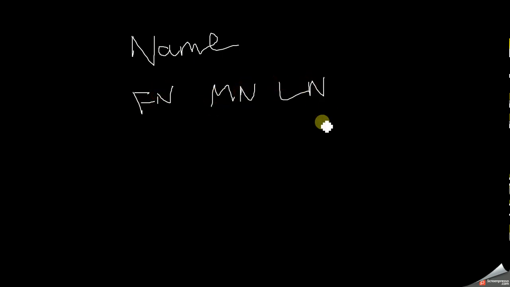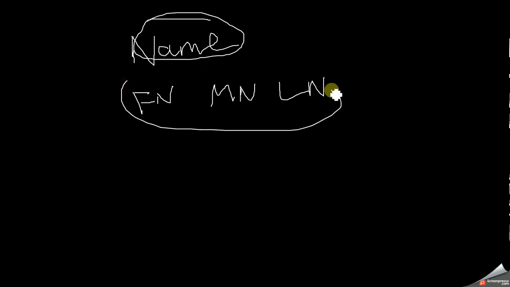For example, let's say in the old system, we had only one field, name. And in the new database schema, we have first name, middle name, and last name. So when we migrate the data from the old schema to the new schema, we need to divide this one attribute into three attributes, or it may be the other way around. Maybe in the old system we had these three attributes and now we have one attribute. So it is a very simple example of restructuring, or the restructuring can be completely new entities with new attributes,